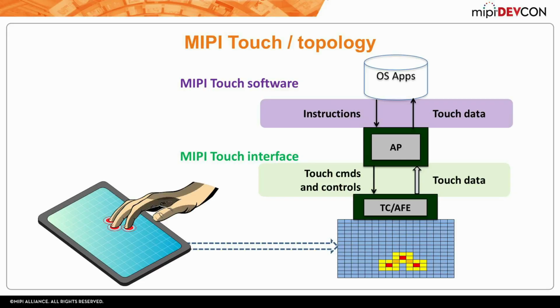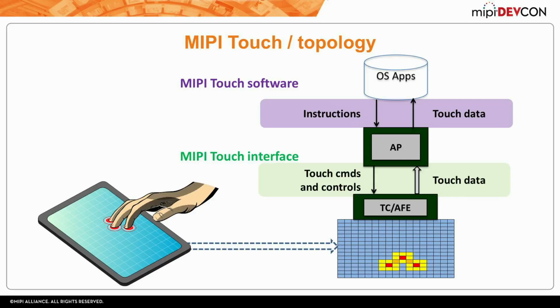All of the detection, all of the measurements are done, as well as all the processing. And ultimately out of that come point positions. It says there's a finger there, there's a finger here, there's a finger there. There is another type of architecture that is coming into the market, which uses a different approach, which is called AFE. Basically all this means is I have the analog portion of the system down on the IC attached to the sensor. So I'm going to do all the data acquisition, but then I'm going to leverage the processing in the upstream applications processor, and I'll push all the data in and let it handle that processing.